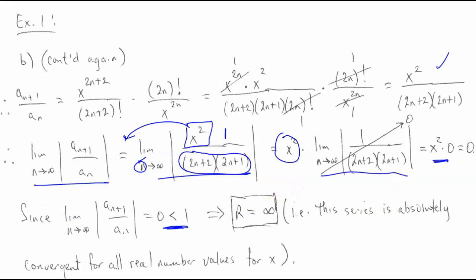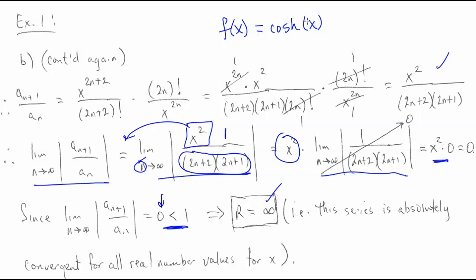Since this ends up being less than 1, then of course, this 0 being here tells us that it doesn't matter what value of x we have, the limit of that ratio is always going to go to 0. So that means essentially my radius of convergence is going to be infinite, which means my interval of convergence is going to be infinite. And thus, that means that this particular function,